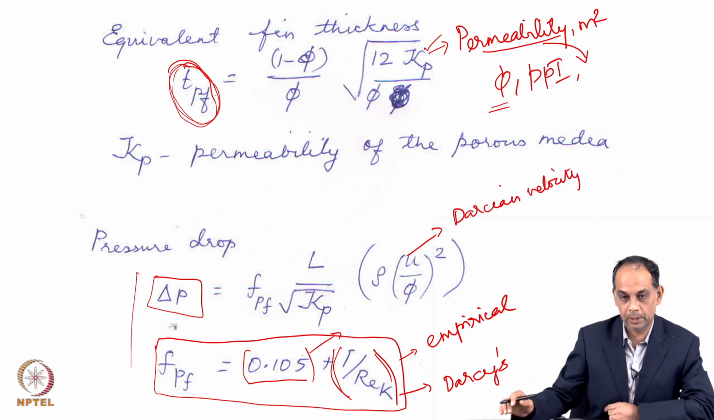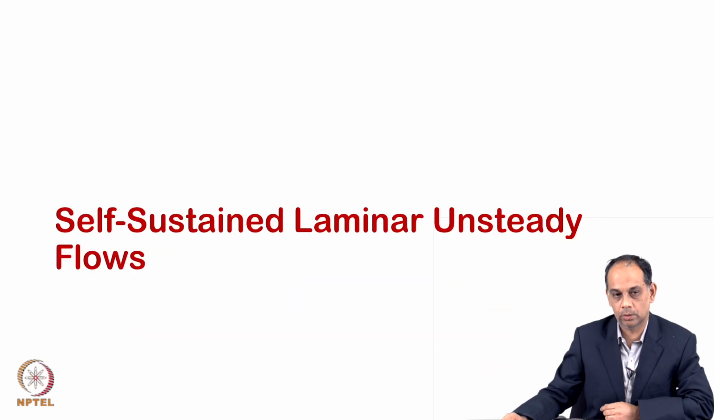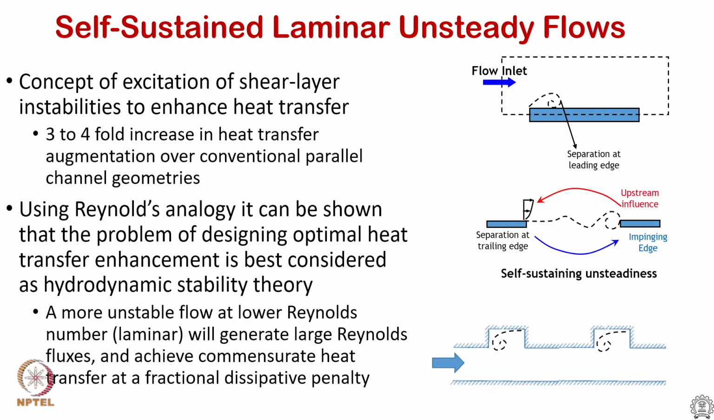So with this we complete the modeling exercise or discussion on foam heat sinks, and we will go to the last part of this heat sinks module, which is self-sustained laminar unsteady flow based heat sink or heat transfer enhancement. This is a concept that has been around for a number of years, and there was a paper by Carnier-Dawkins et al. on how to make use of laminar flow